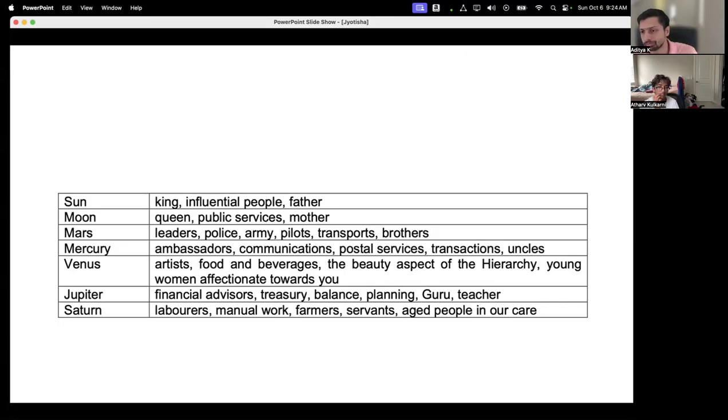Shani is manual work. Anywhere that manual work is involved, where you have to actually use your hands and legs to do something, is governed by Shani, Saturn. So if somebody is vibrating very, very well to Shani in their horoscope, they'll become a contractor. All the billionaires that you hear of around you, right? Jeff Bezos, Ambani, Ratan Tata.